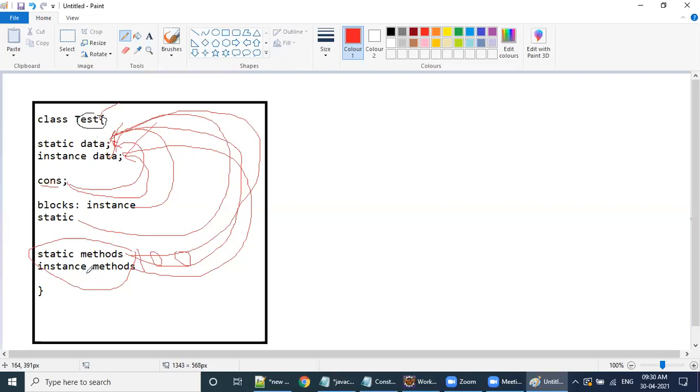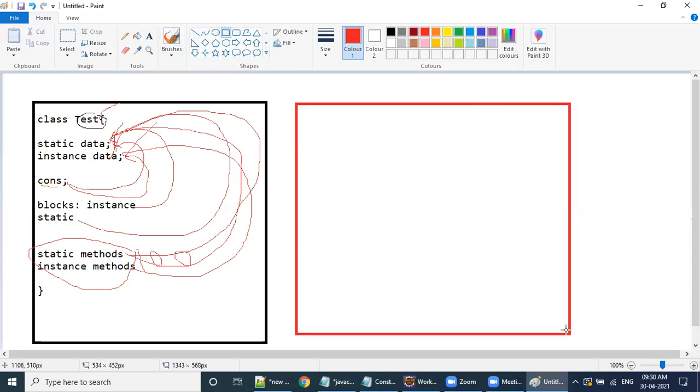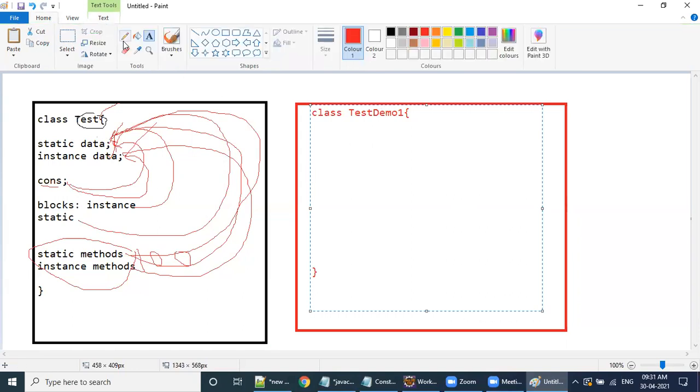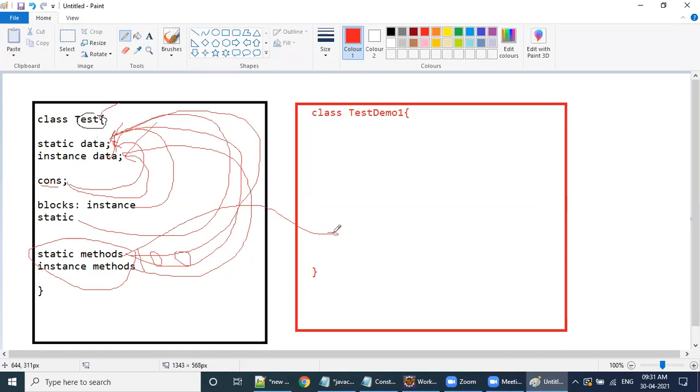When you take the help of a method, you can keep your logic there, and that logic can be used forever. Do not think otherwise here. Let's say I have one more class, TestDemo1. Now I want to transfer this logic to here. The best way to keep logic is methods, apart from the remaining three.